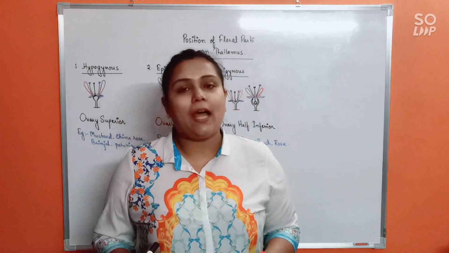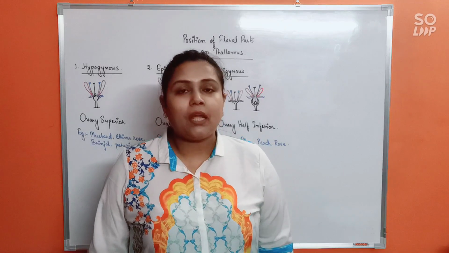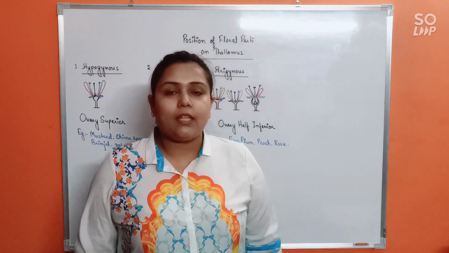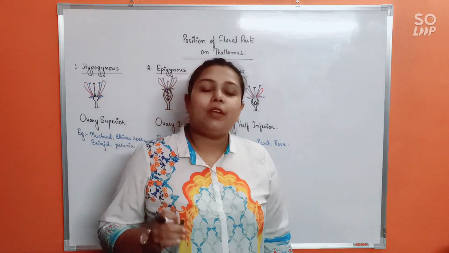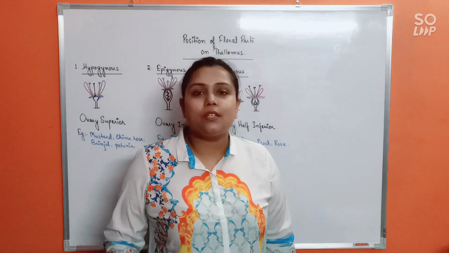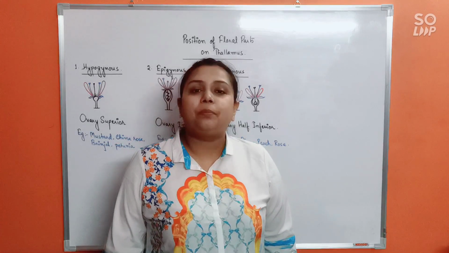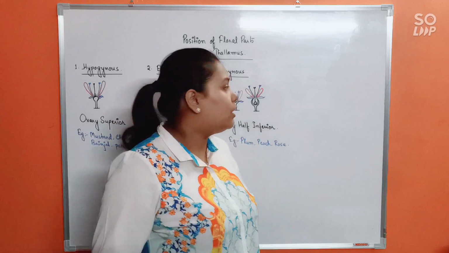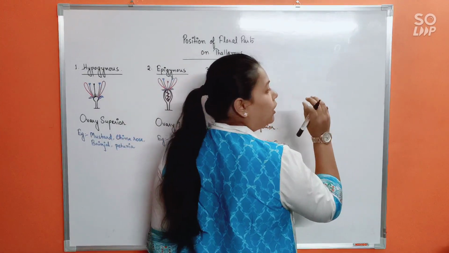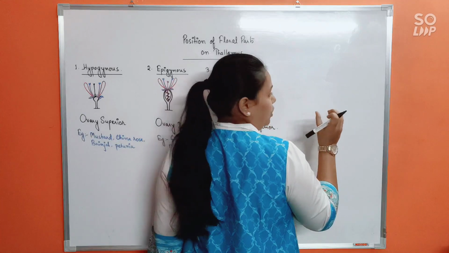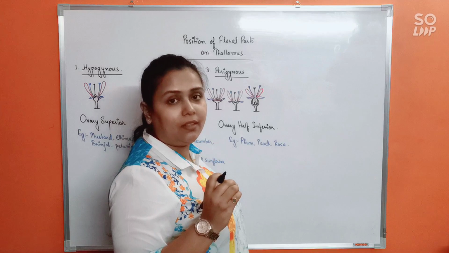So on the basis of that as well, flowers can be of three types, and let us see what are they. But before we start discussing, there is a very important part that you should know. See, from the very beginning when we have started to discuss flower, I have been telling you that flower is a condensed reproductive shoot, isn't it? So suppose thalamus, it remains condensed with all the nodes confined at one location, right? As because there is no internodal growth happening in the thalamus.